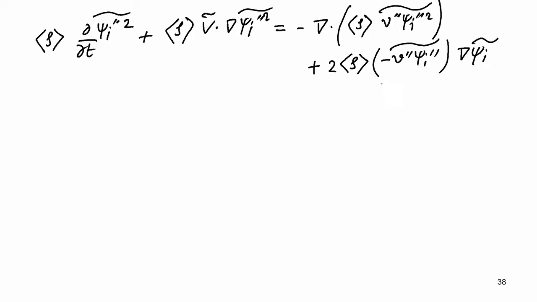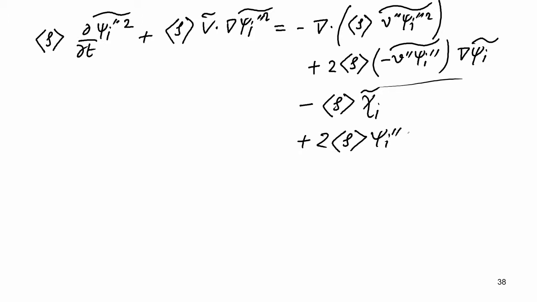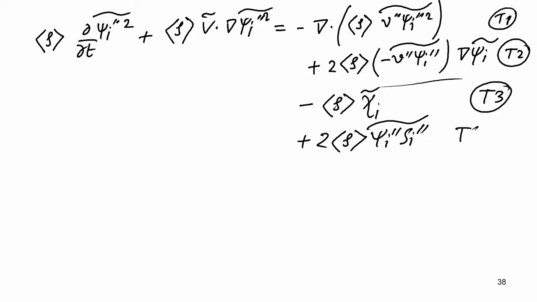Once again, you see this is essentially the production. You will see this is essentially similar to the production term. The production of the scalar fluctuation term is similar to the production of the turbulent kinetic energy term. Then the scalar dissipation rate, the Favre average scalar dissipation rate, is just like the turbulent kinetic energy dissipation rate. And the reactive scalar source term covariance. So we will say that this is T1, this is T2, this is T3, and this is T4